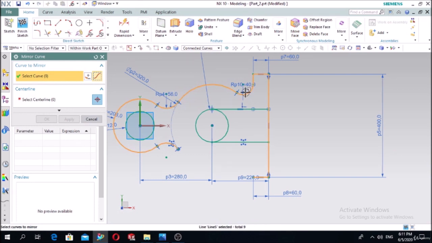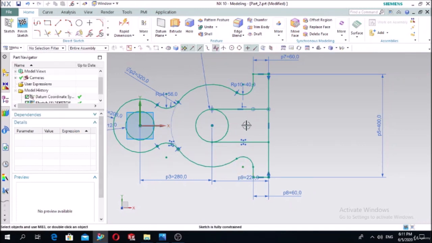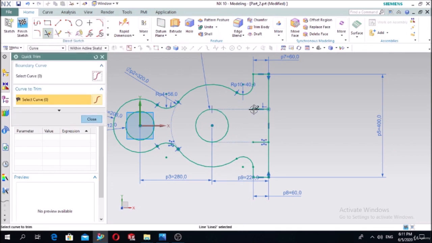of this one. Sorry, from here select the single curve, this one, this one, this one, so along the center line of this one, so it's mirrored. Okay, last step is to make the quick trim. We don't need this part, so it was the mirror, that's why. Okay,